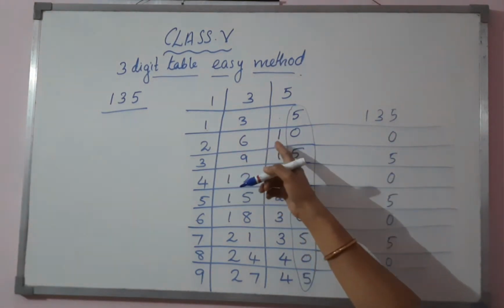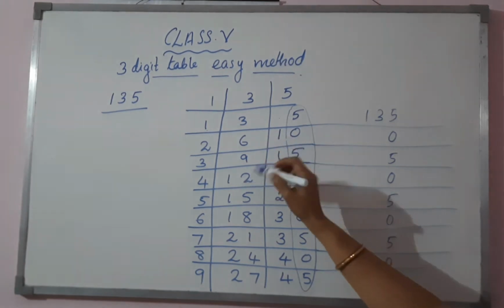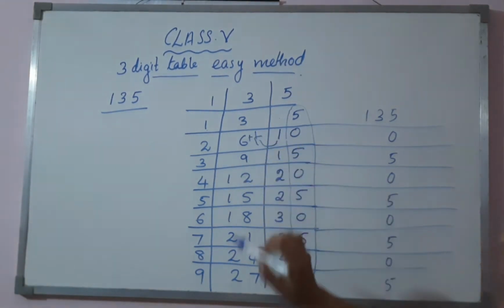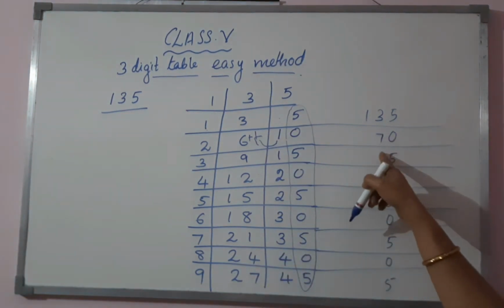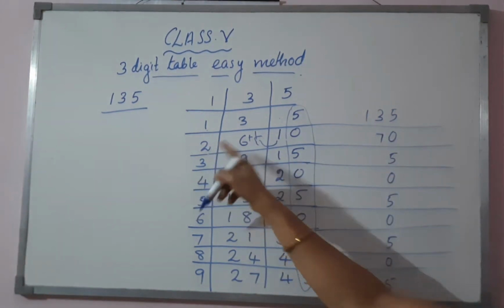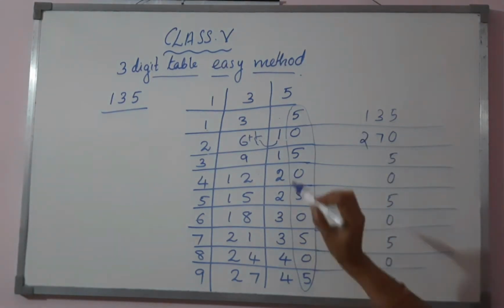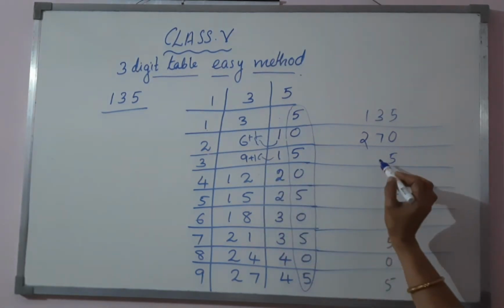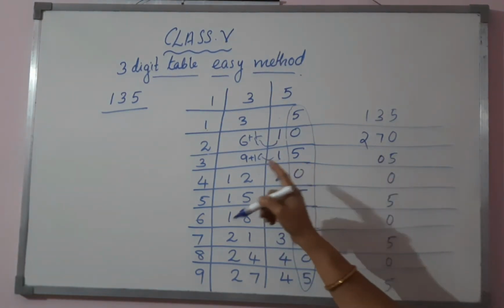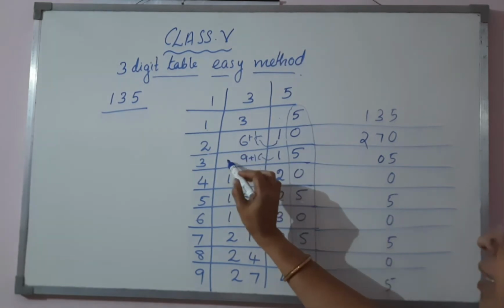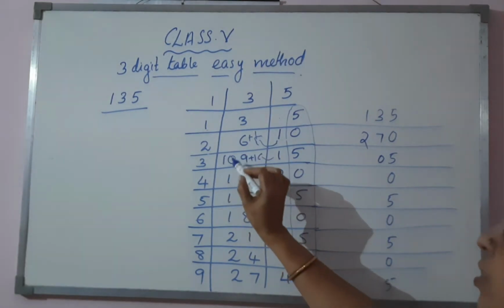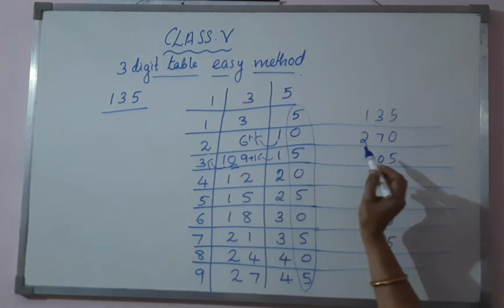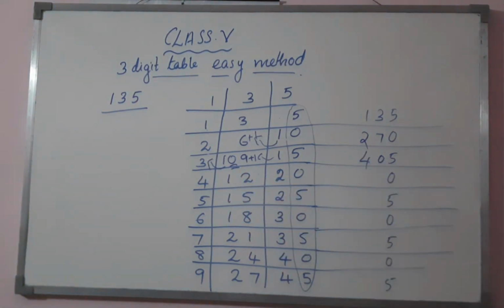From the second number onwards, we can see there is a tens place digit 1. You have to take that and add it here. 6 plus 1 is what? 7. So I have written 7 here. There is no digit here, so you can write 2 here. Now I take this 1 and add it to this 9. 9 plus 1 is 10. This 0 you should write here, and this 1 you have to take and add here. 3 plus 1 is what? 4.